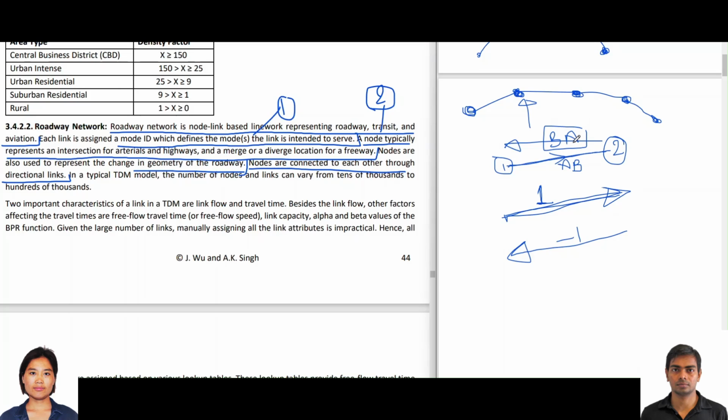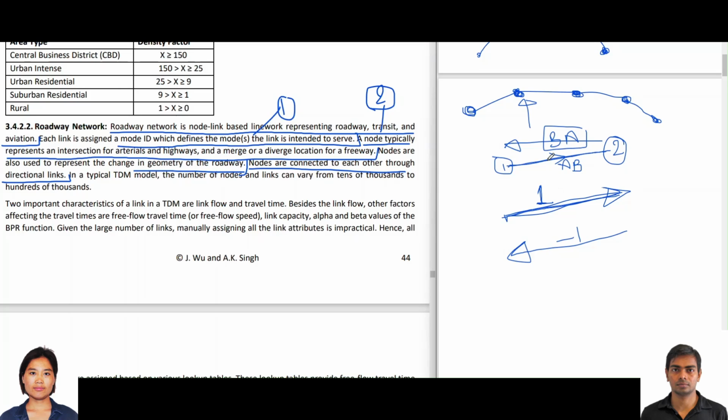AB and BA are the way the links were drawn when the model was built. It's just the way of clicking on one node and moving towards another node. So in this case, I clicked on node 1 and moved toward node 2. That defines my AB. But if I want to have a one-way link like this, I will assign this node